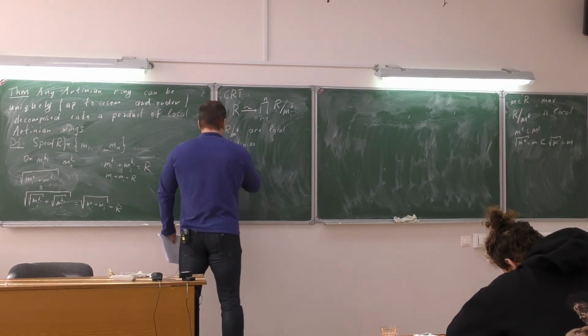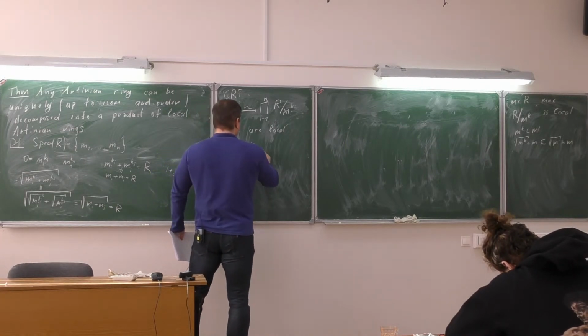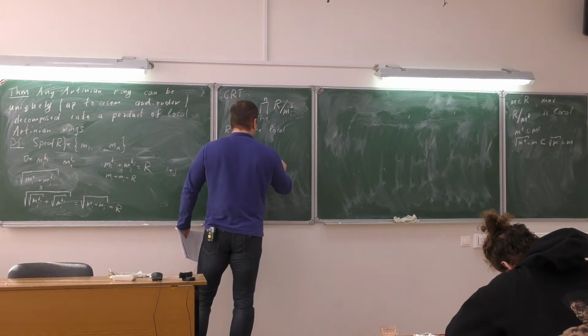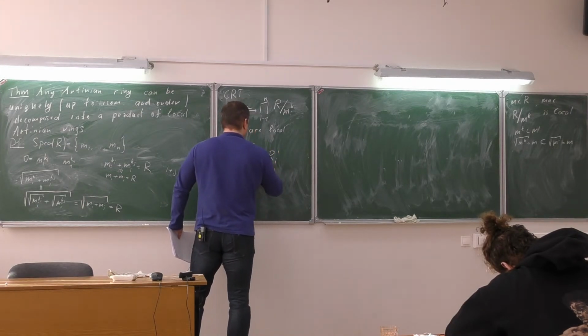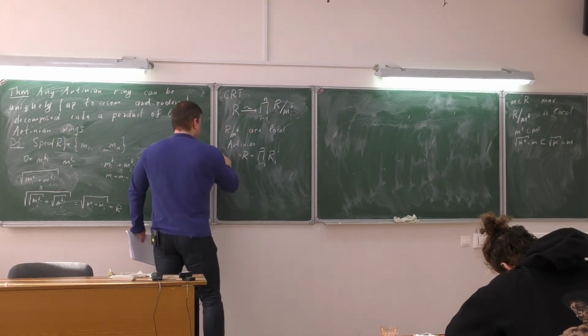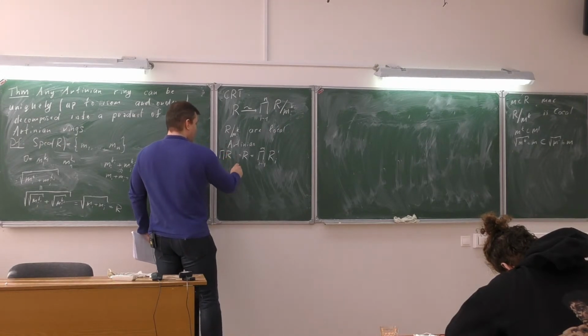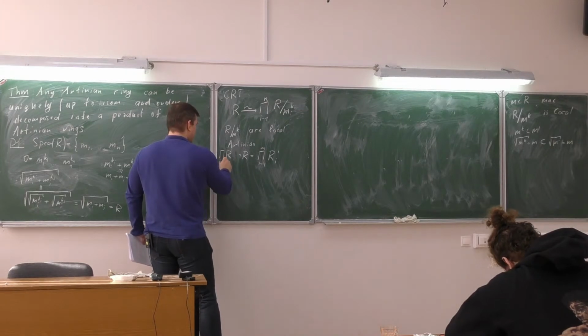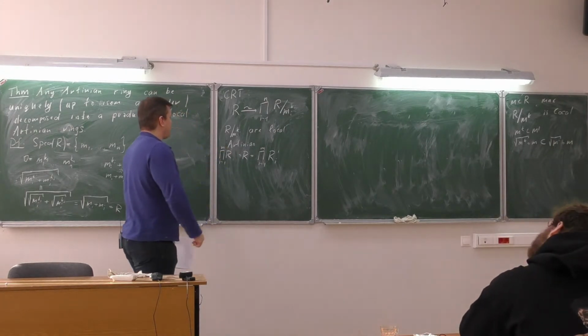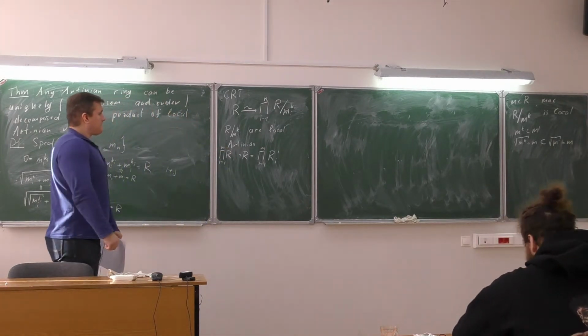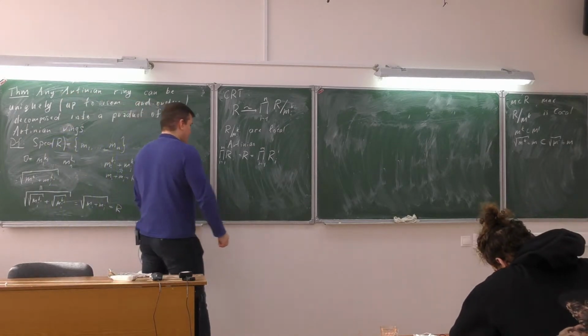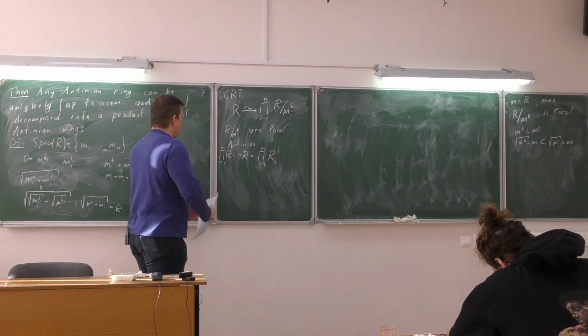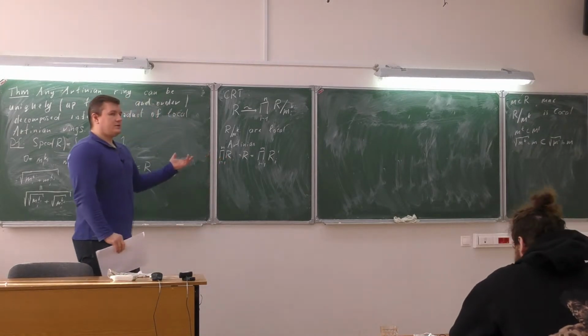So suppose, as before, that you have two ways to present this as products of local Artinian rings, right? Now, I want to say the following. So we know that the decomposition into product of rings corresponds to